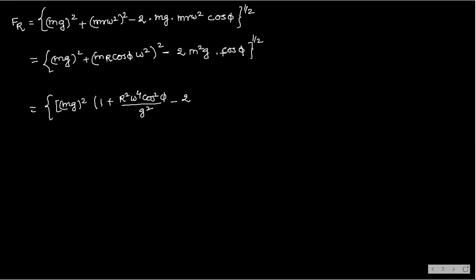Yes, one term we have to write here. Okay, so this is omega square cos of phi whole power 1 by 2. So see, now m square went out, so g also went out. Omega square cos of phi divided by what we should get? G. R. Where is R?